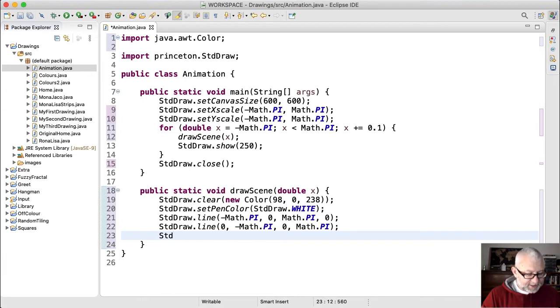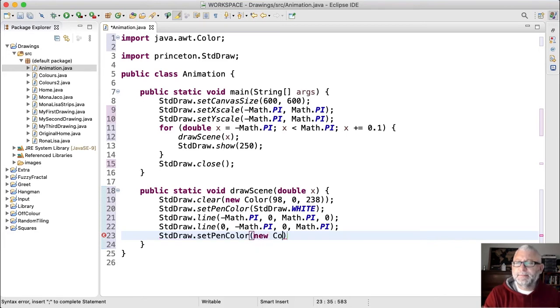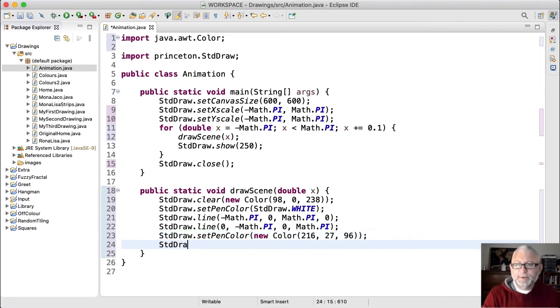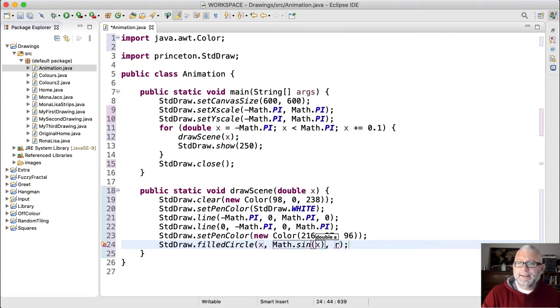And now I'm going to draw the actual ball. So I'm going to set the pen color to another nice color that I've got on a secret list, 216-2796. There we go. And I'm just going to draw a ball, a filled circle, at coordinate x, Math.sin of x, and the radius, I'll just make that